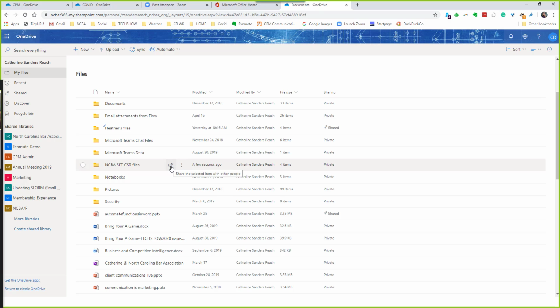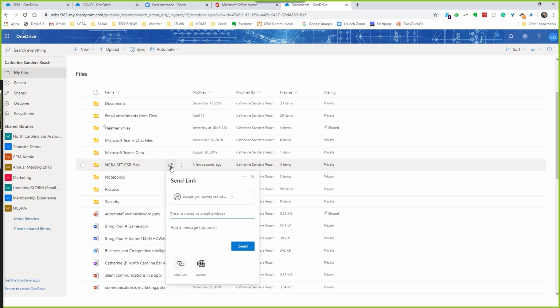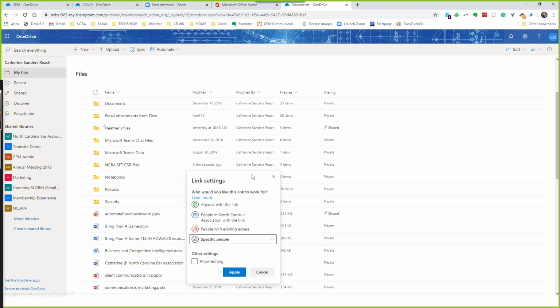So once I go here and click on this, it pops up a little thing and you've got a number of options. So if I click on that, you can see I can send anyone with the link, which we're going to talk about that option, people in the North Carolina bar with the link, and people with existing access in case you need to update it or something like that, and then specific people. So we're going to click on specific people, and I can allow editing or not,